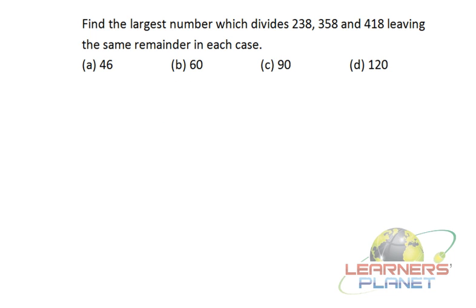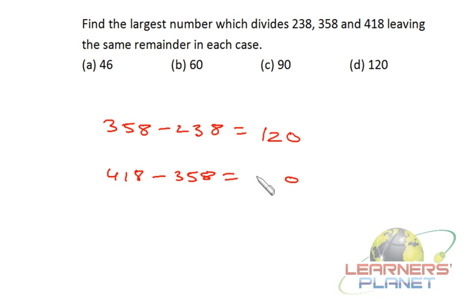Now say this case. Find the largest number which divides 238, 358 and 418, leaving the same remainder in each case. Now let's find out the difference between the terms. So 358 minus 238 is actually 120. Then 418 minus 358 is equal to 60, and 418 minus 238 is equal to